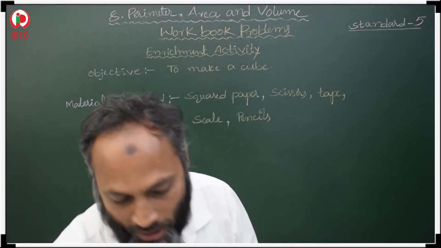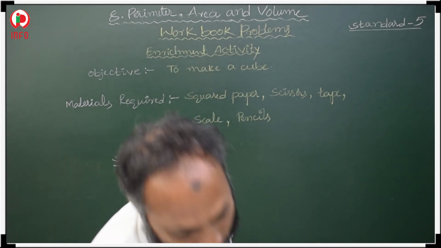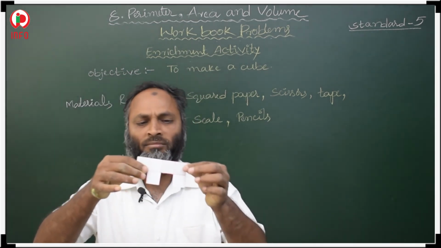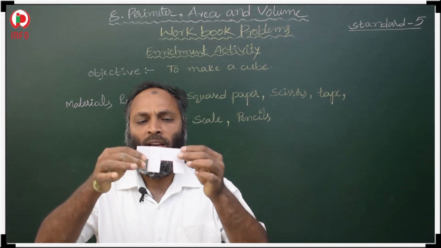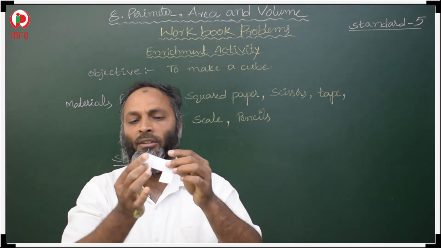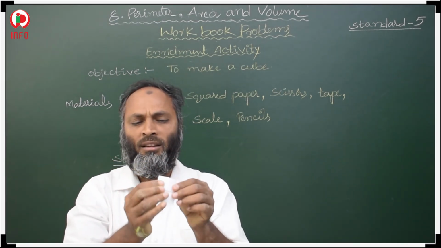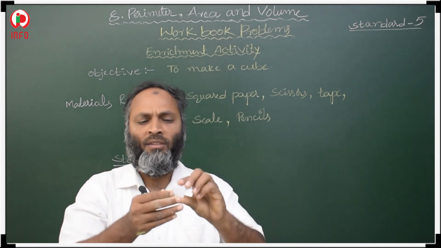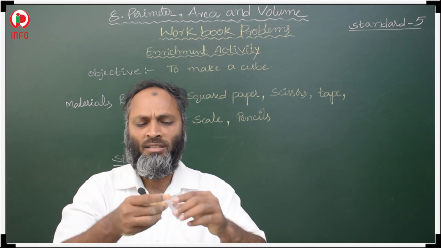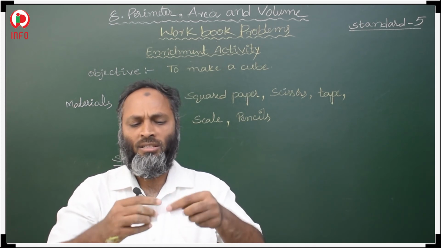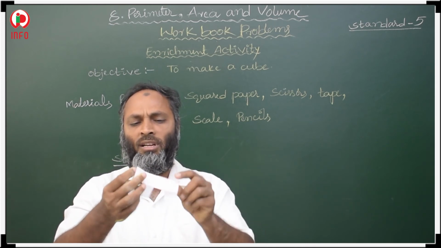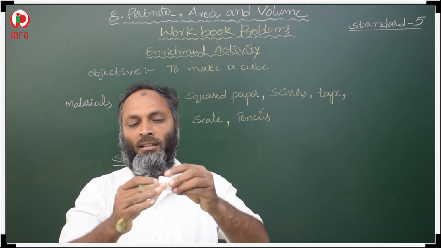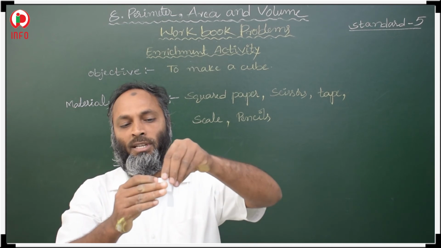In the third pattern, in the second point, take your third pattern like this. Either it is possible to make a cube or not, once you check. Again, you fold all squares like this and like this. After that, open all your squares, and then close the four sides like this.